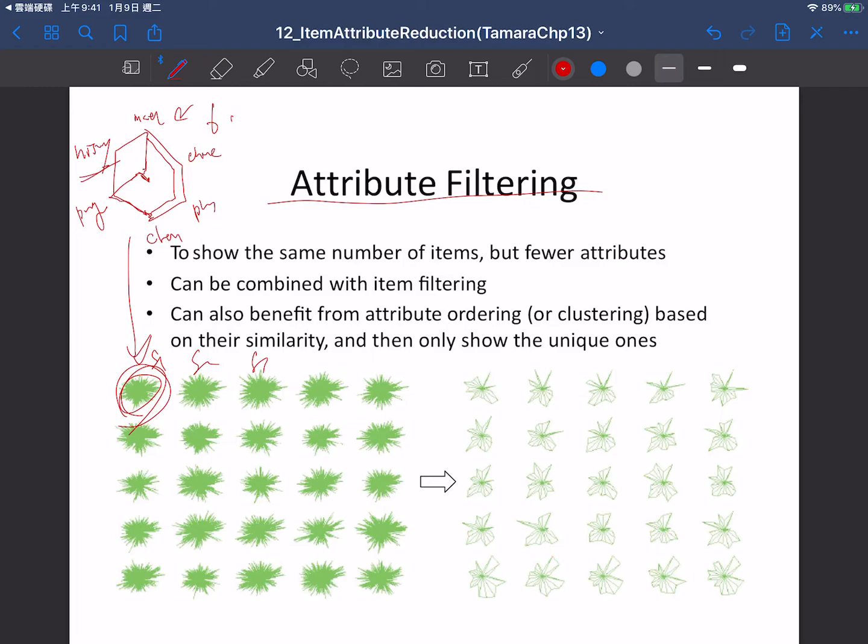Okay, then after that, you just use one to represent them. Then you will have more spots and you can see them. And the other one is that you can order the attributes. You can even have multiple groups of attributes, and for each group you just use one attribute to